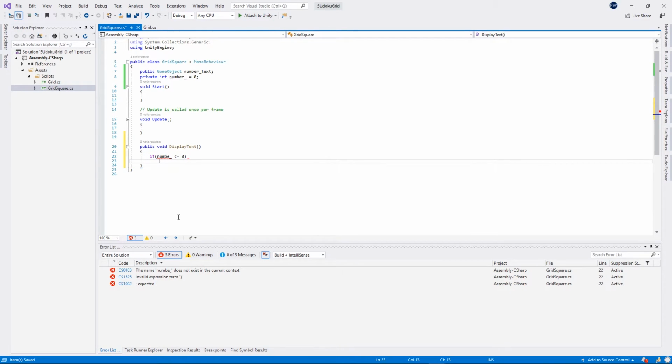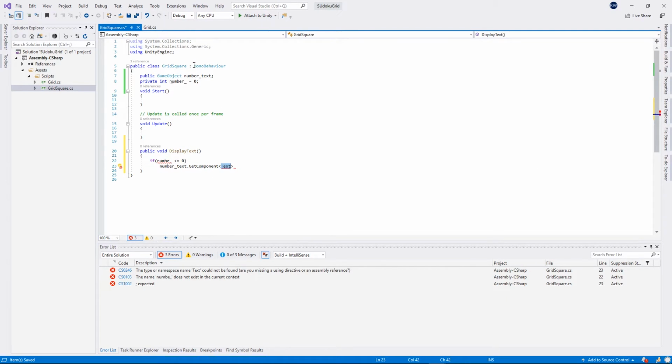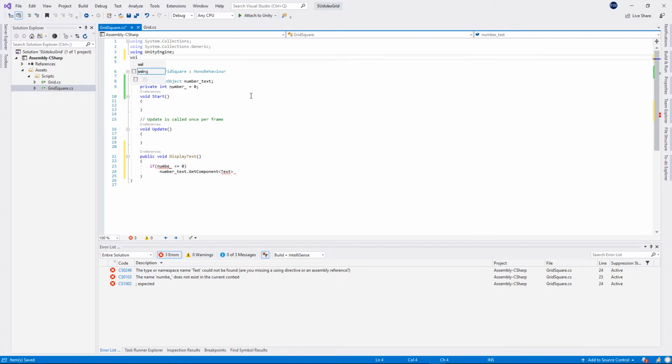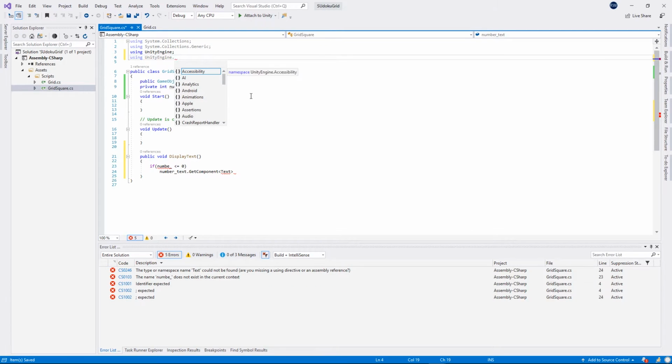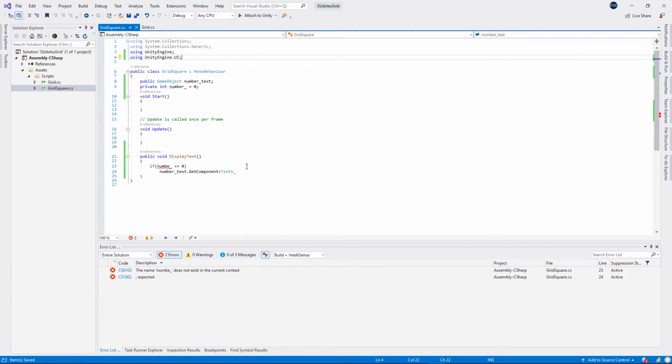We don't want to display anything, so number text dot get component, and you want the text component, but in order to use the text component we need to include using UnityEngine.UI. Okay, so we can use text, which will be equal to an empty string,